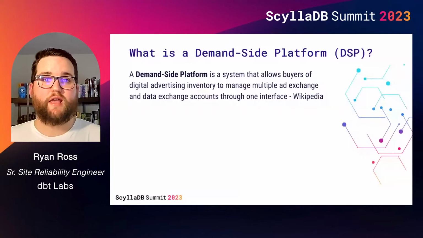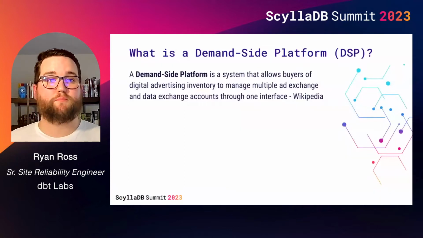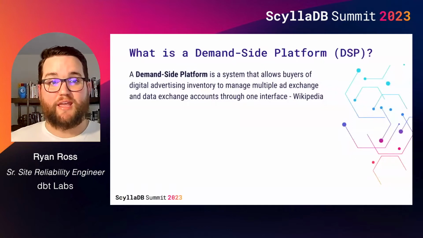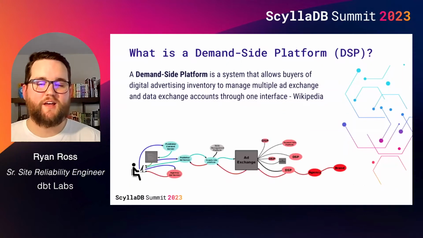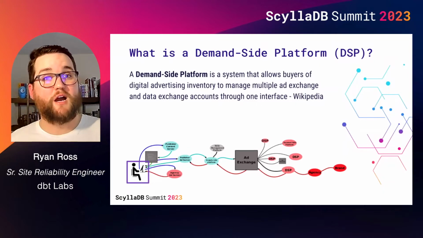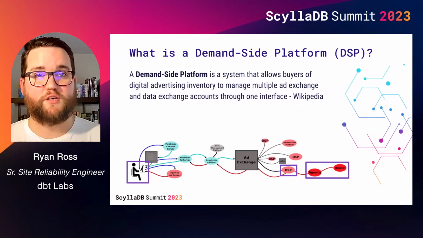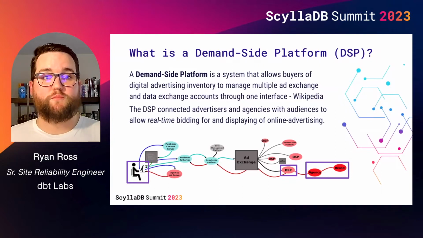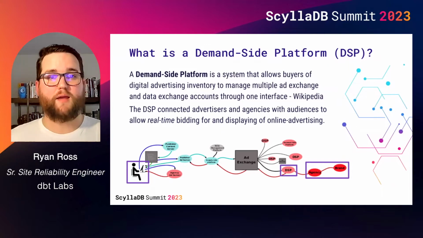As I mentioned, this was at a demand-side platform or a marketing DSP. Wikipedia defines this as a system that allows buyers of digital advertising inventory to manage multiple ad exchange and data exchange accounts through one interface. Sound a little confusing? It is. So right here we have users at one end, internet users just trying to consume content online. And then we have agencies and brands that are trying to market and advertise and sell them goods and services. So my definition is going to be the DSP connected advertisers and agencies with audiences that allow real-time bidding and